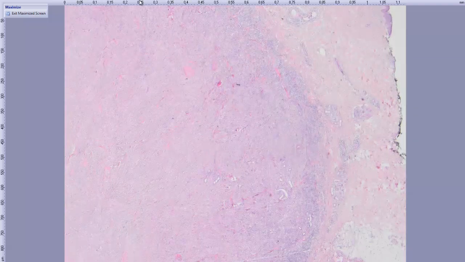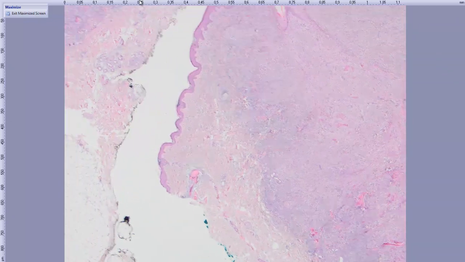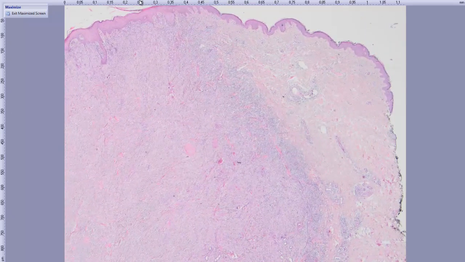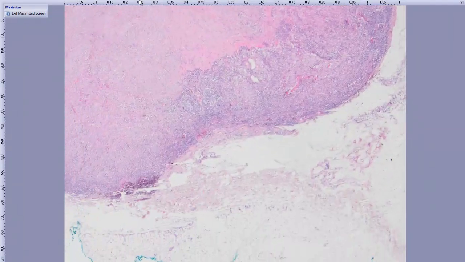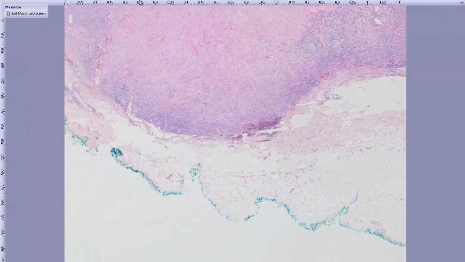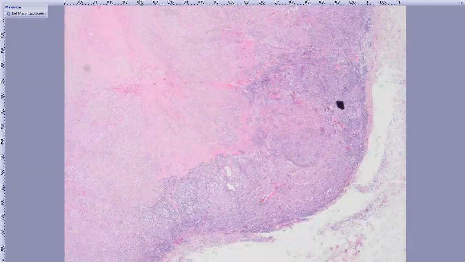The other thing is we have this well circumscribed nodule, and in the dermal area we have less circumscription here, and the lesion becomes hazy. The borders become hazy in this area, but at the bottom we have a dense inflammatory infiltrate around the nodule,